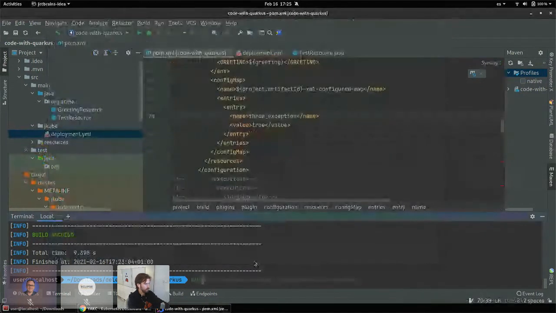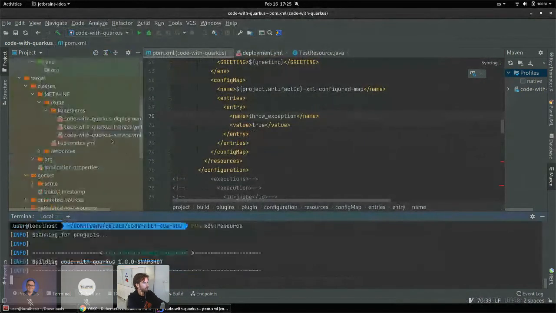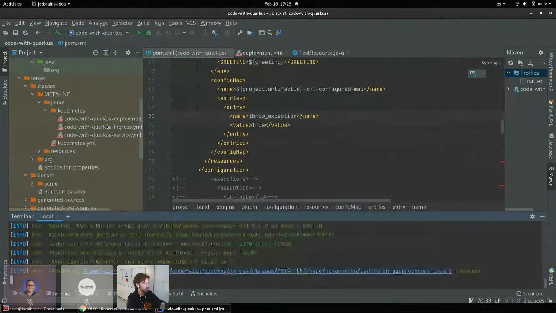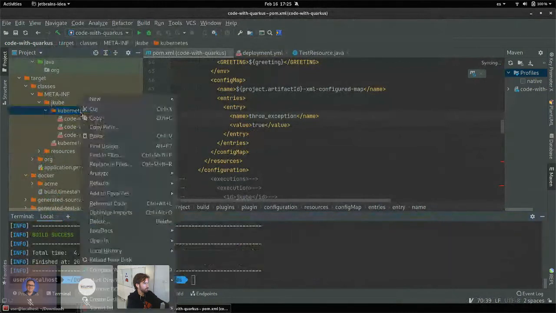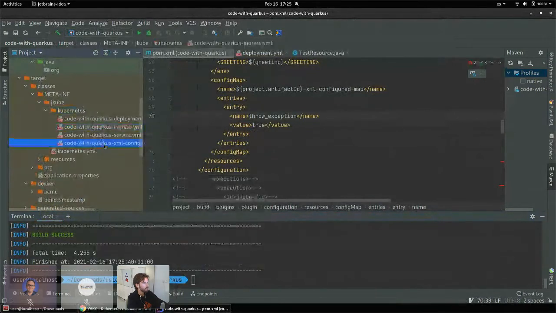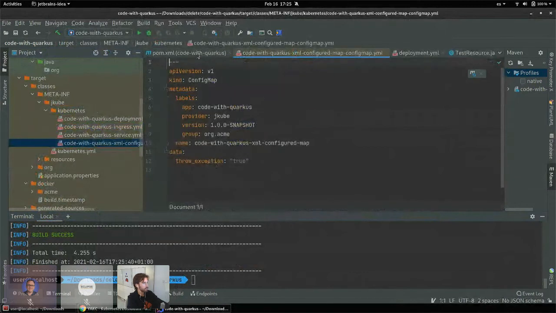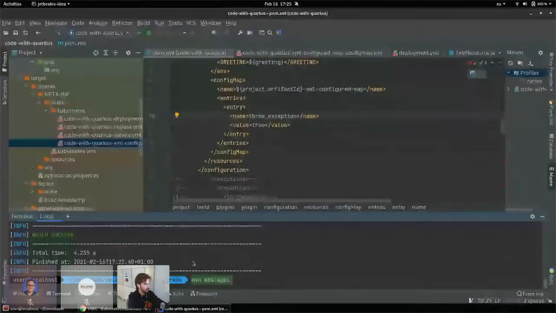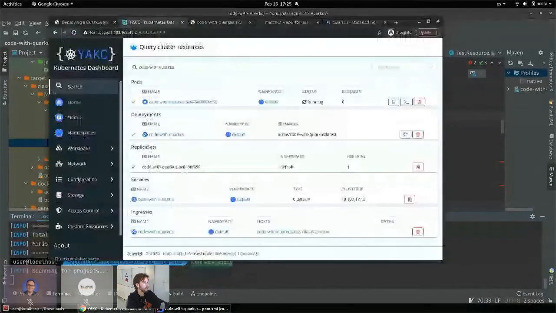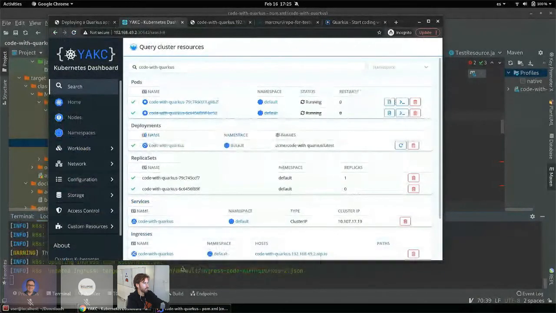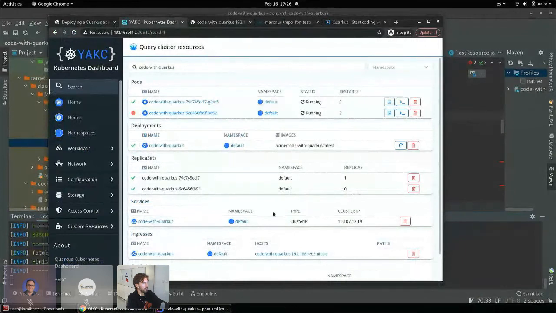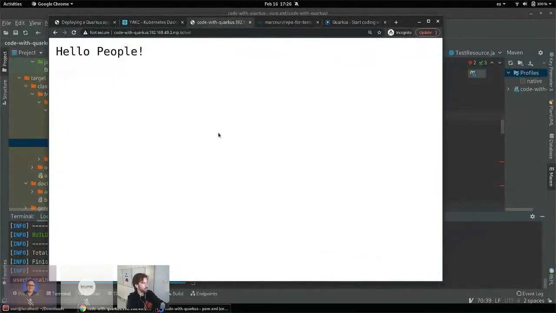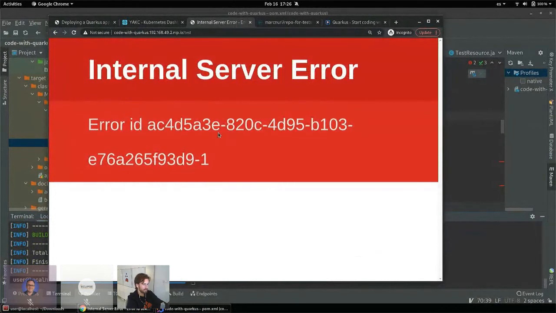Okay, so if I generate the resources, an additional config map should be visible here. Yeah, so here it is, the config map that was generated via the XML configuration. And if I now apply this to the cluster, okay, the application is redeploying again, and we should be able to check the endpoint. Okay, so